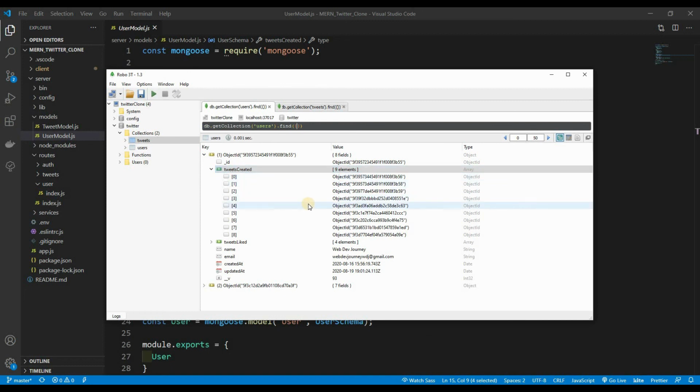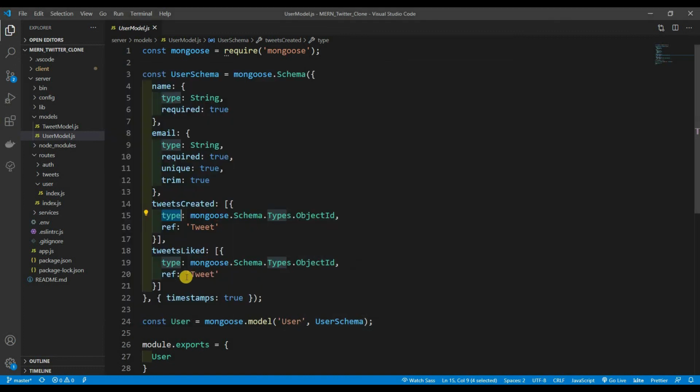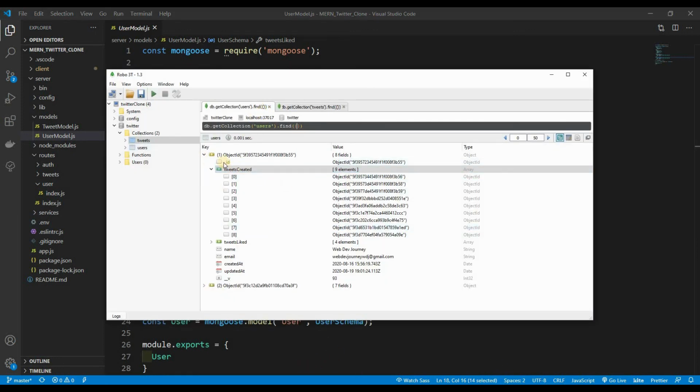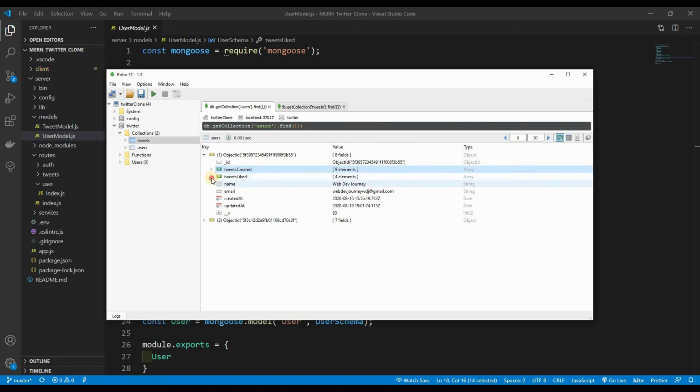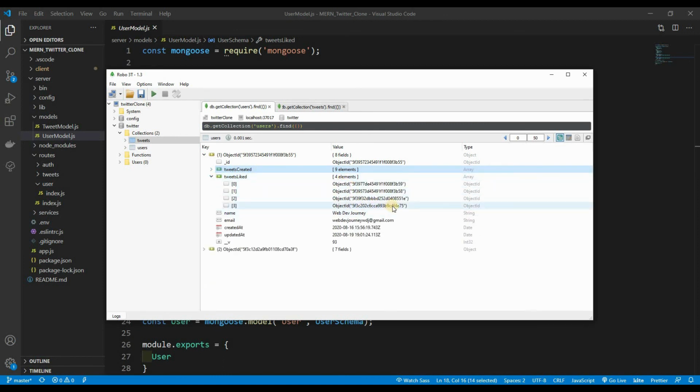That is it. So that way we keep that data minimal, right? And we did the exact same thing for tweets liked. When this user likes a tweet, it'll grab that tweet's ID and store it in tweets liked. As you can see, let's go back in our user right here, tweets liked. I have 4 liked tweets right here, and it just keeps a record of all the IDs of the tweets